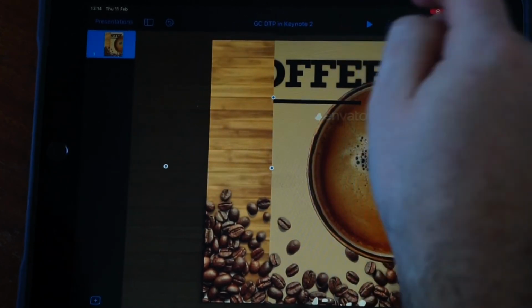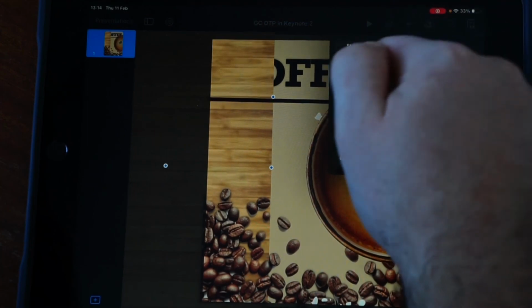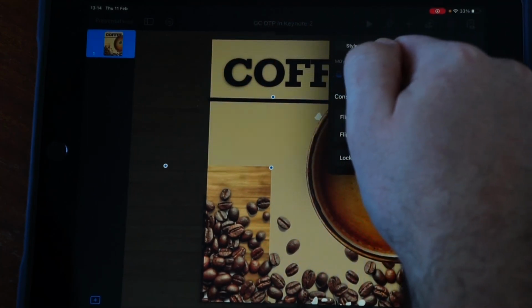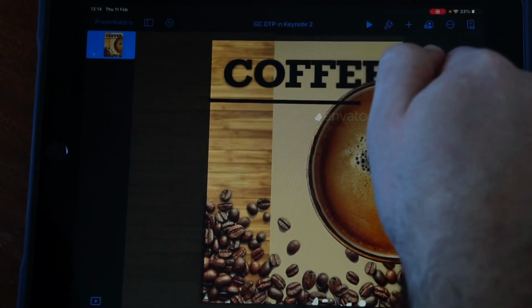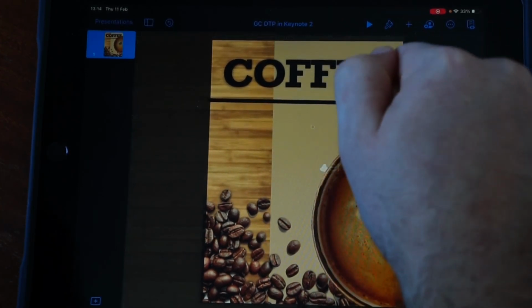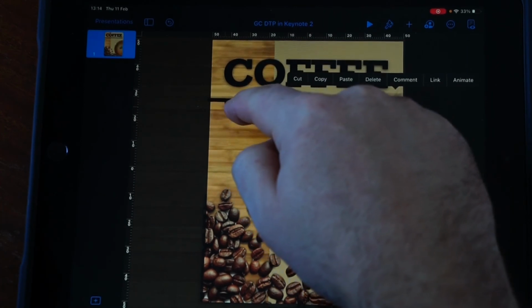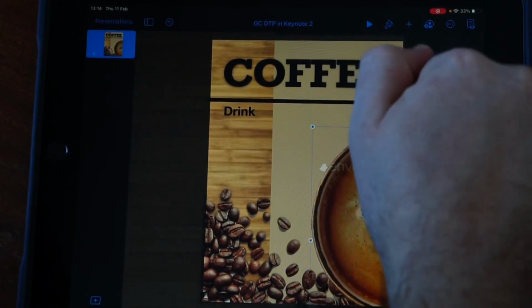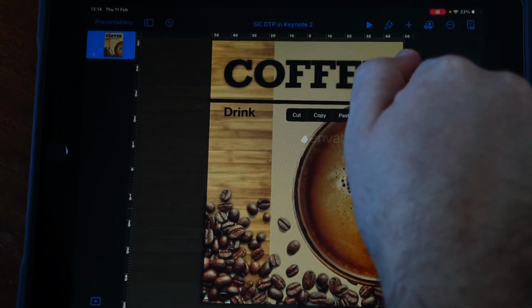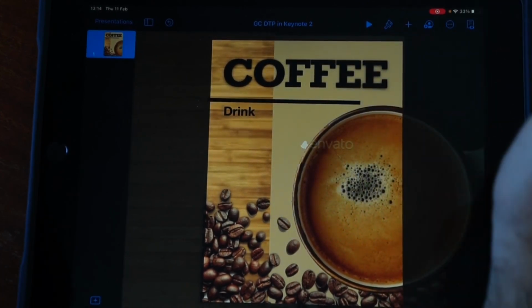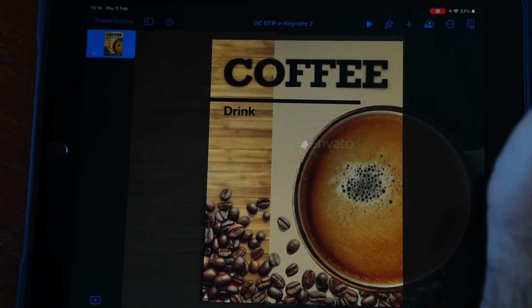Send it to the back, all the way, not right to the back, we want the background image there, and we can drag that out of the way and make coffee drink down here. I have just about there. Here we've got a slightly different background to what we had before, but the whole point of